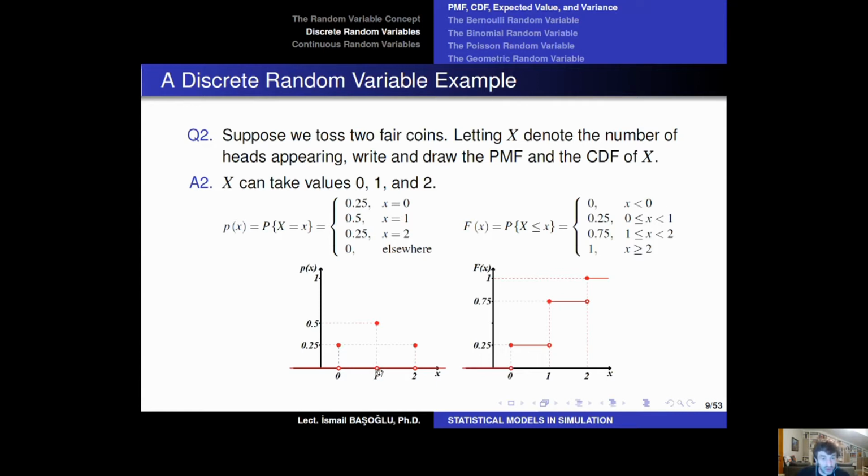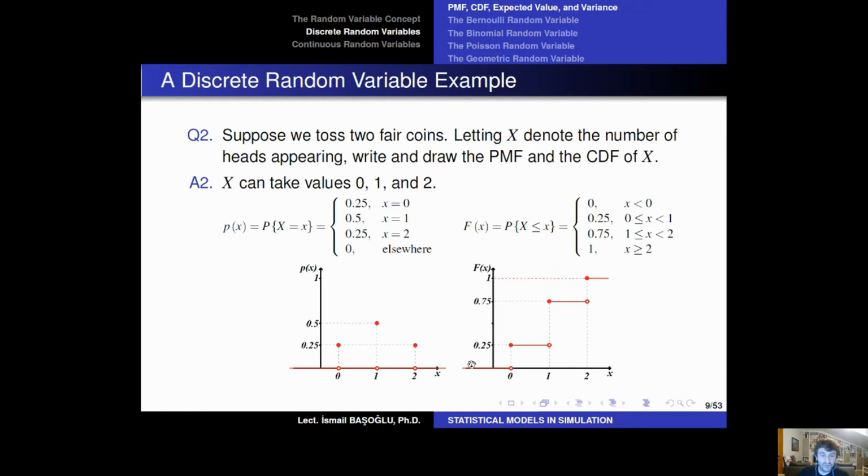And when you include 1 to that, the cumulative probability will become 0.75. And within the interval of 1 and 2, where 1 is included and 2 is not, the total probability on the left-hand side will be 0.75, which is the sum of these two probability masses. Finally, when you reach 2, from that point until infinity, the total probability on the left-hand side will always